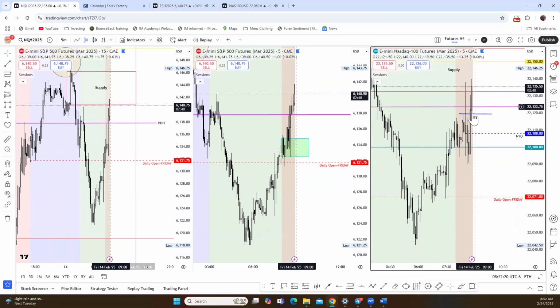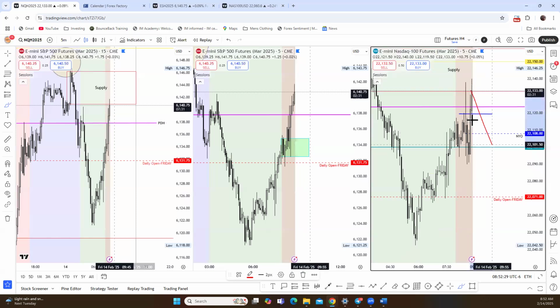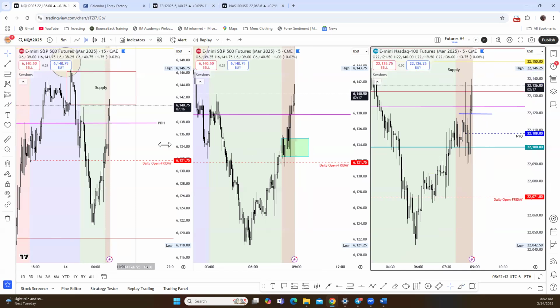If you trailed your wrist to here and price ends up coming back like this, like say it just comes down back into the demand, at least you've gotten out for at least 20, 30 handles, and then you're able to re-enter the trade off demand, if that makes sense. But right now we're just managing what we got. I think we're in a pretty good position here to potentially take this thing to the upside.